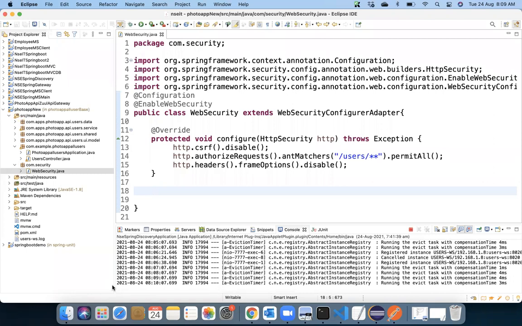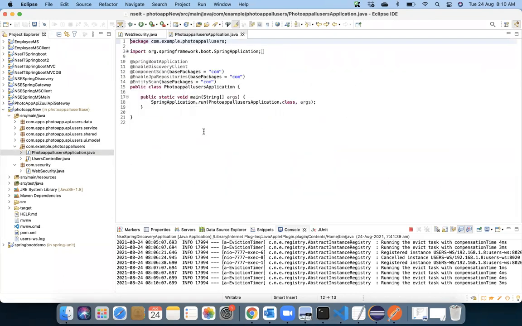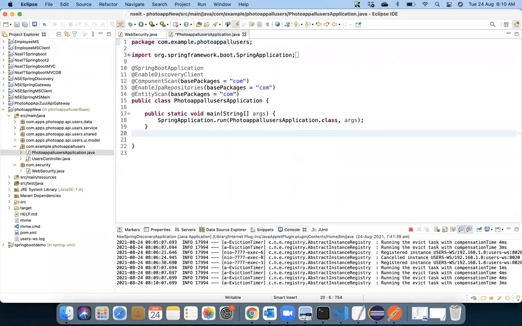Okay, so the next statement will be we have to encrypt the user ID password. See, you are inserting the record. The password is not getting encrypted. So if you want to encrypt the password, security also has support available for this. So what you'll be doing now, in a first step, inside your photo app all users application, you just go here and say